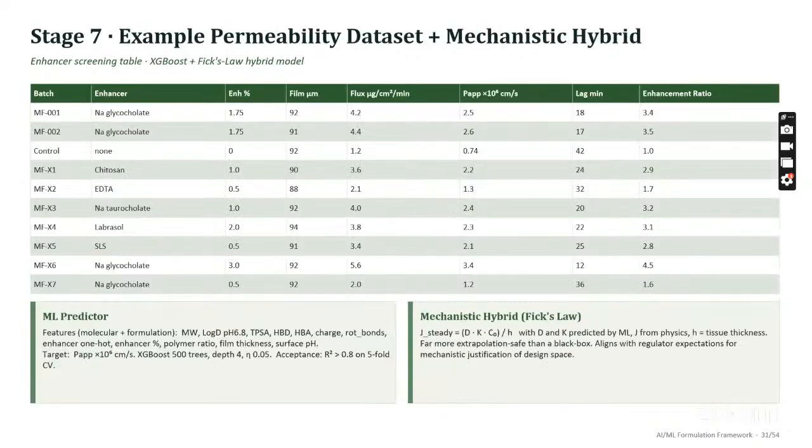Next, example: permeability. Here is the screening permeation data set, hybrid. The permeation enhancer sodium glycocholate gives the best enhancement here. The model predicts permeability from molecular to formulation features, but we wrap it in a fixed lab, a mechanistic hybrid that extrapolates far more safely than a black box and